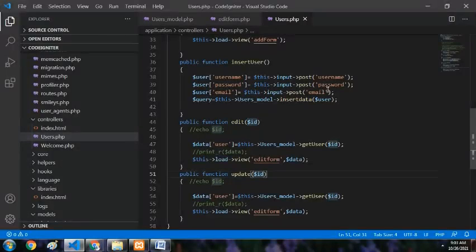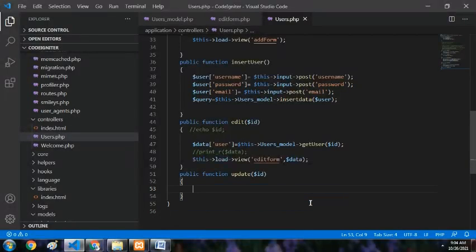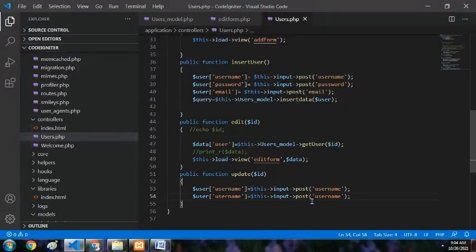Plus for updation, we have to accept each and every data in the same way as we did in the previous create form. We have to catch the data. So here, dollar username, we are catching the data in an array for updation also. For creation we created an array called user; in the same way we have to follow this. We can take the data using the input post method, input post username, and also the updated data from the edit form with input email.